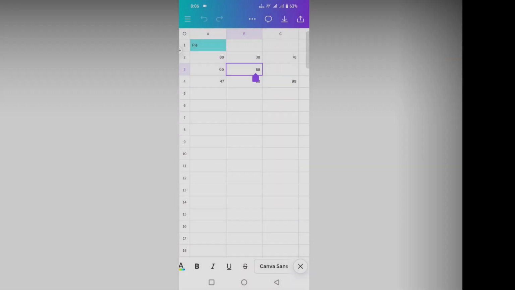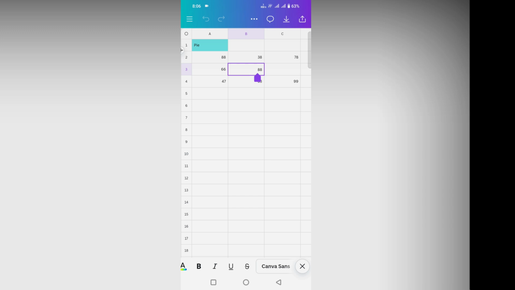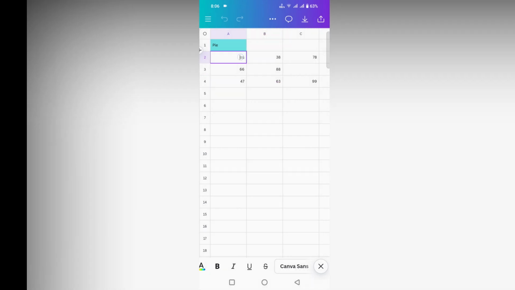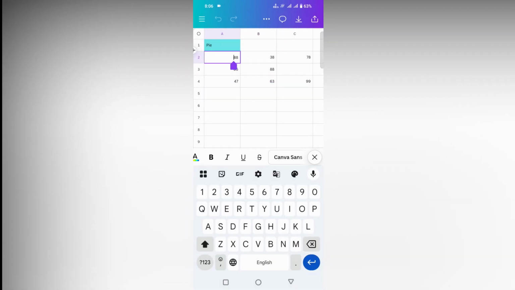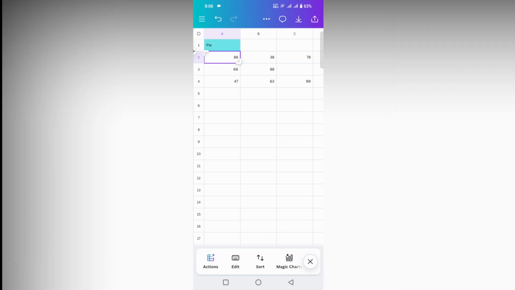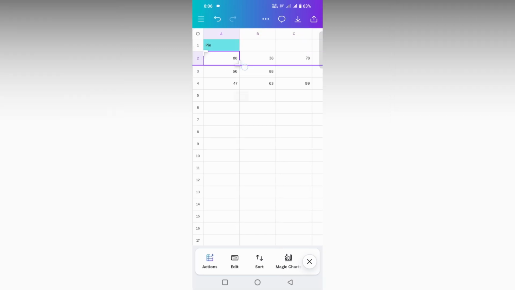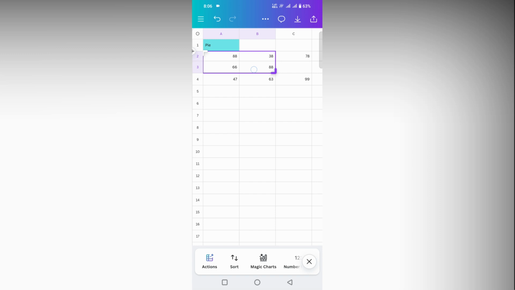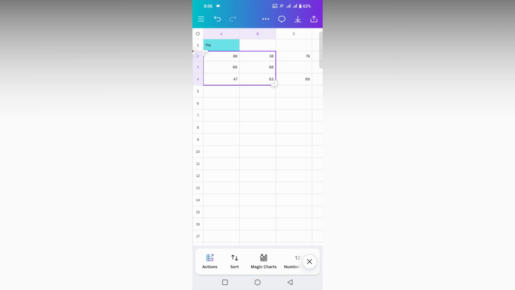So how to insert a pie chart on your Canva Sheets on your mobile phone, I'm just going to show in this video. For that, first of all, I'm going to select two rows of chart. So first, click on any row and select the cell. So you can just have this track option to select the data range. Then after this, you just need to click on the X option on the bottom and click on the element